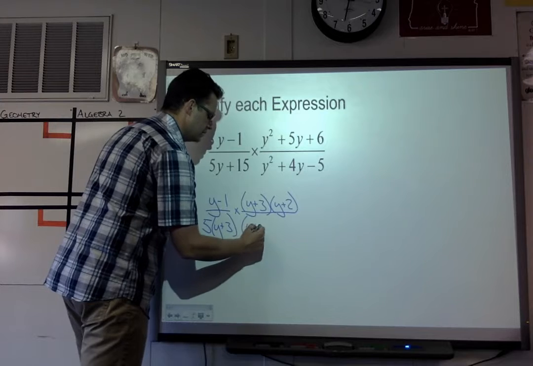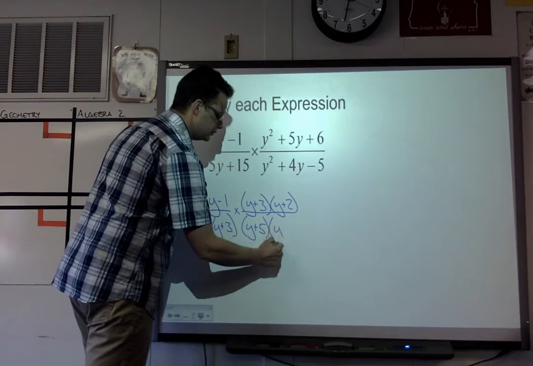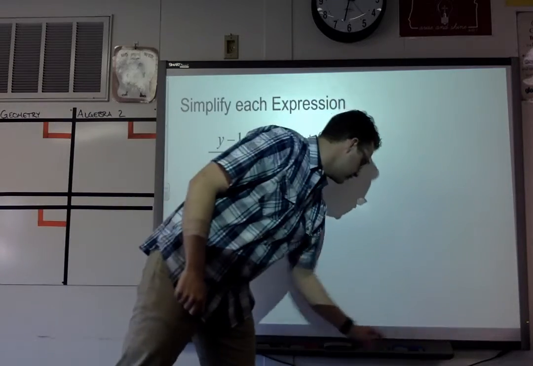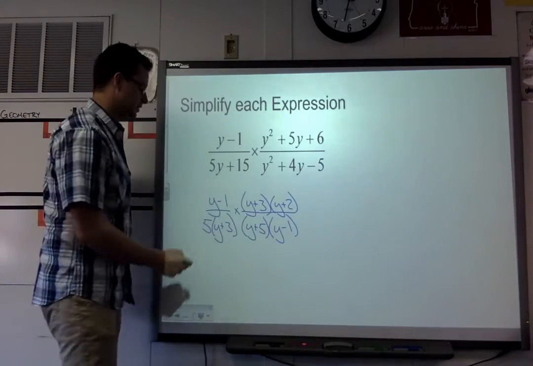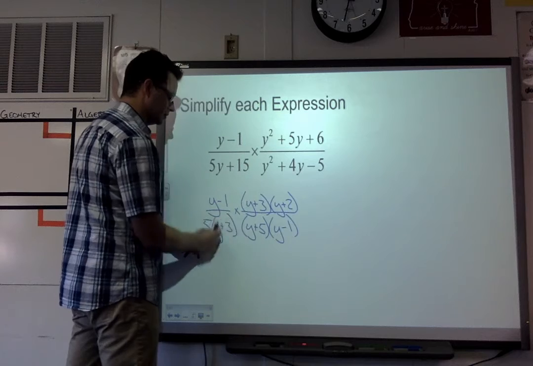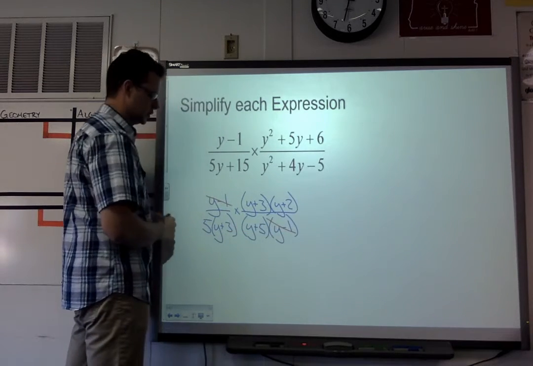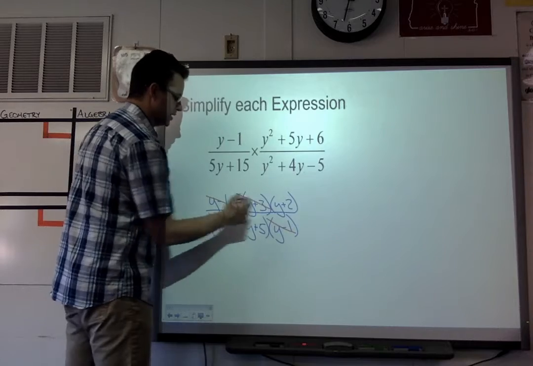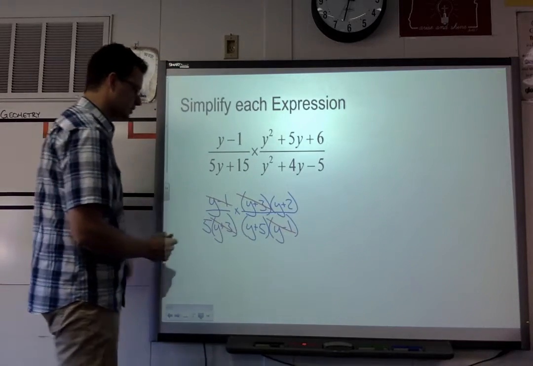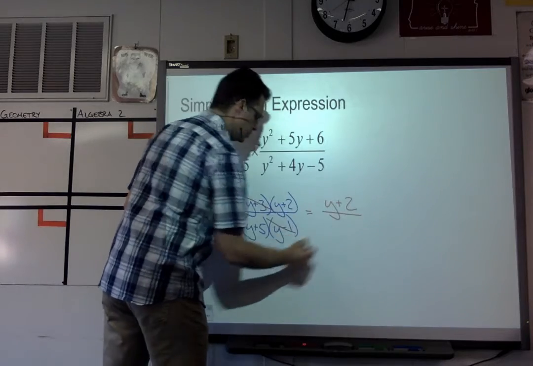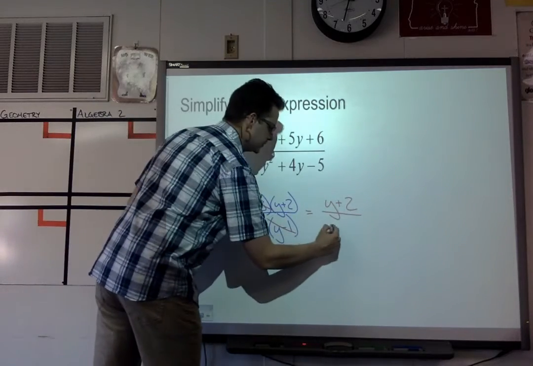This would be y plus 5 and y minus 1. So now that I've done that, I can go ahead and simplify going diagonal. So y minus 1 and y minus 1 cancel. Y plus 3 and y plus 3 cancel. So I'm left with y plus 2 over 5